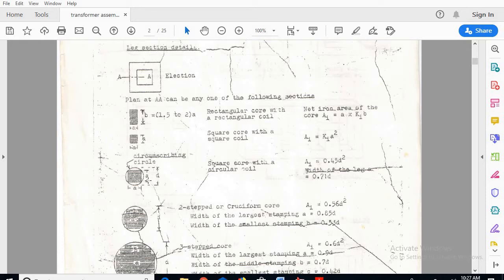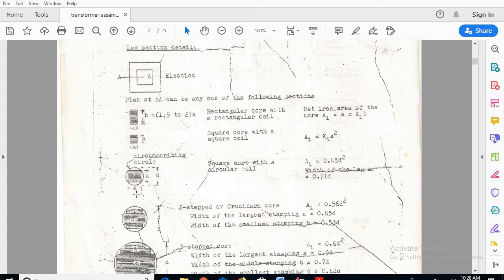The width of the largest stamping A will be calculated as A equal to 0.71 D. So that is for a square core. For a square core with circular coil, the width of the leg or width of the stamping A is equal to 0.71 D.